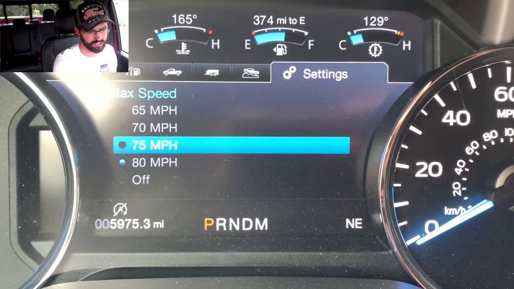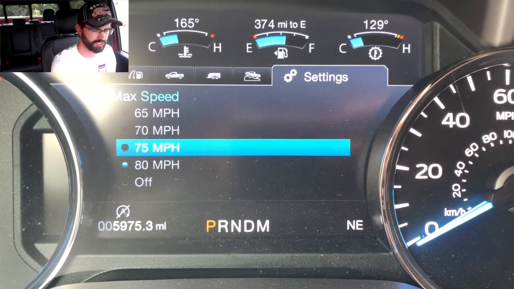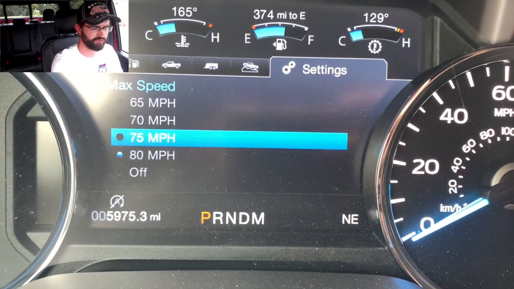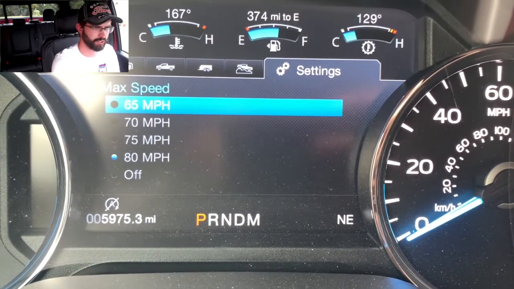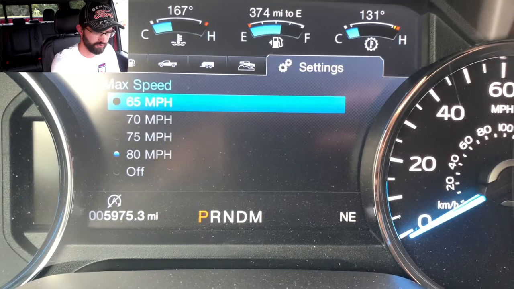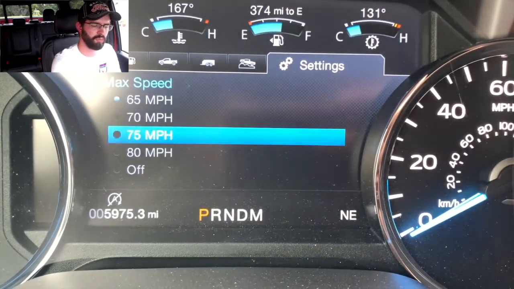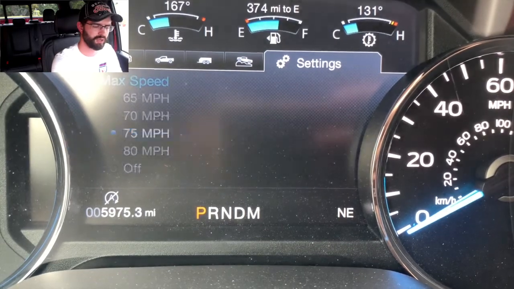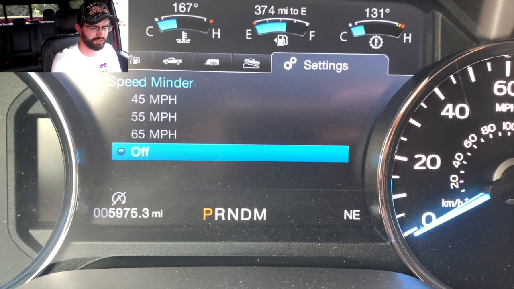Ford definitely suggests not to change this to an unsafe speed, so if you have speed limits that are 70 or 75, I probably wouldn't put your highway speed limit at 65. I would probably say 70 for the most part, or 75. You can even do speed reminders